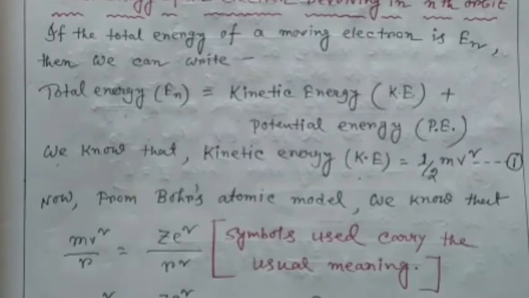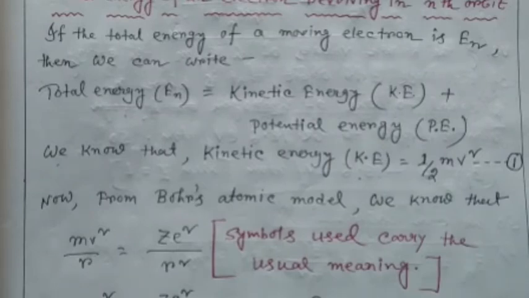Today I am going to discuss the total energy of an electron revolving in the nth orbit. We know that total energy En equals kinetic energy plus potential energy. We also know that kinetic energy equals half mv square. This is equation number 1, where m is the mass of an electron and v is the velocity of